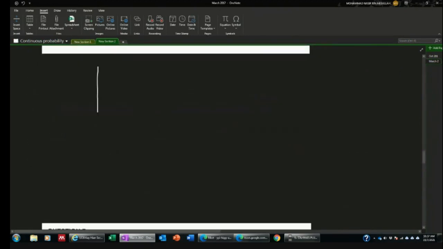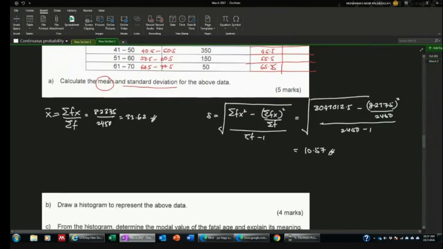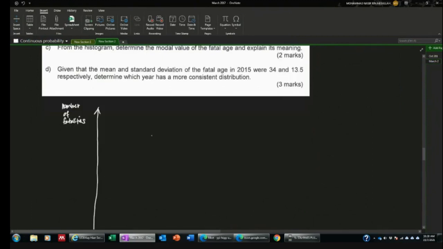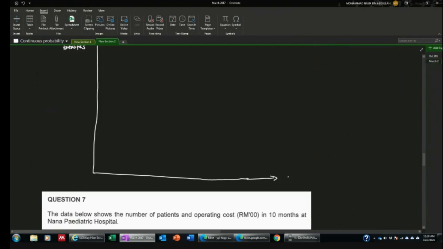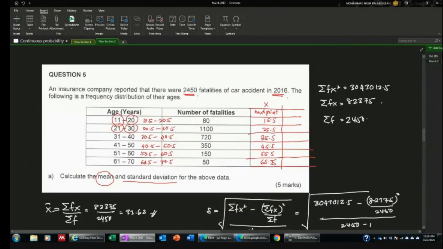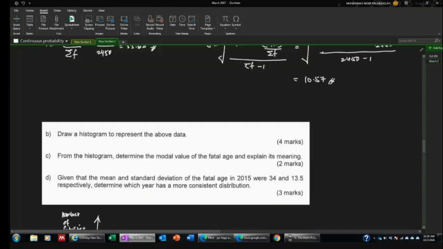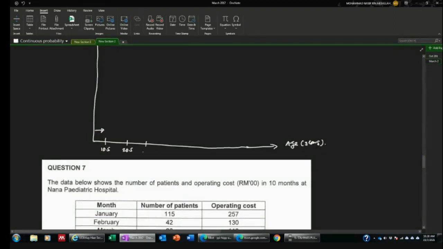Okay, now you need to draw a histogram. The y-axis represents the number of fatalities, and the x-axis represents age in years. Now we start with the first bar, which is 10.5. When you have graph paper, space them out evenly. From 10.5 to 20.5, and then this is 30.5,